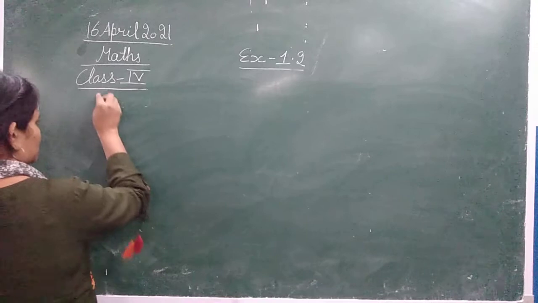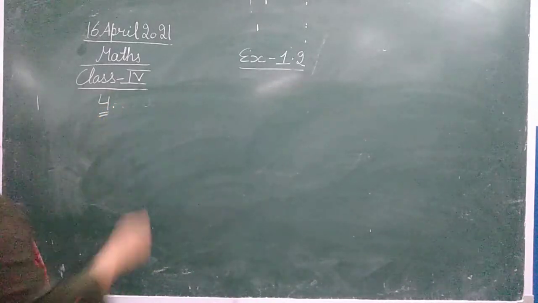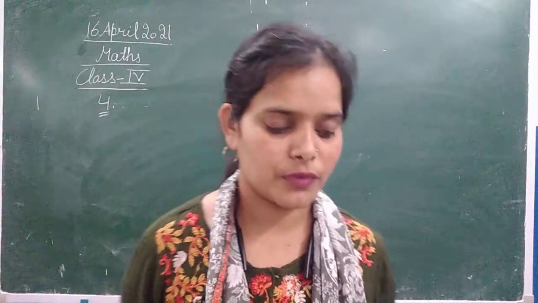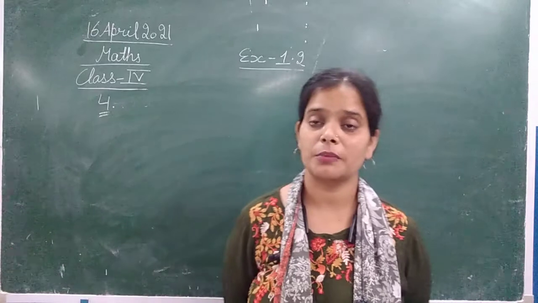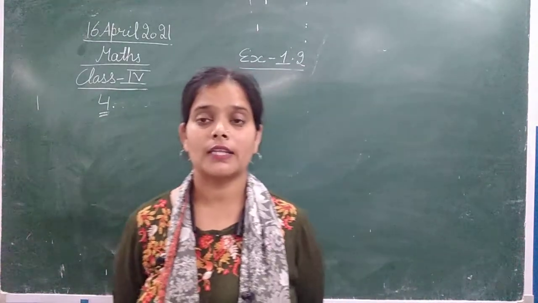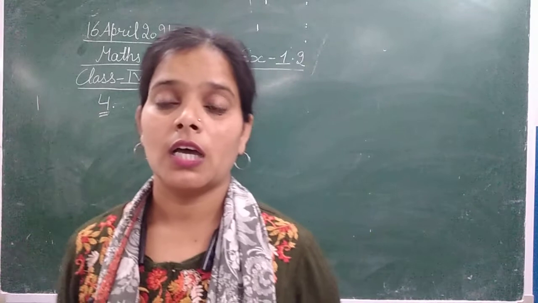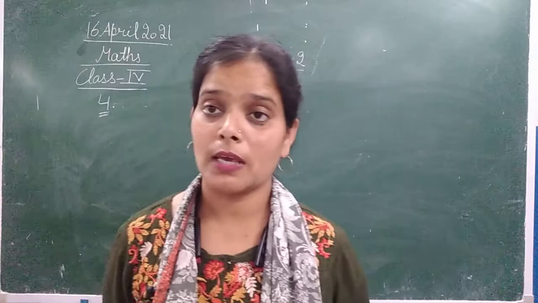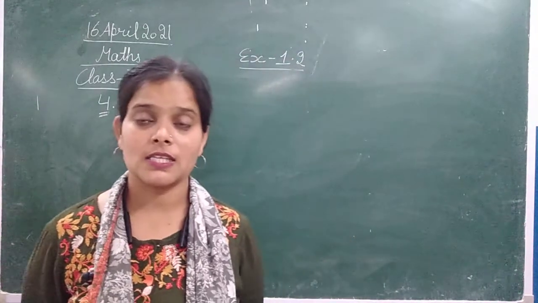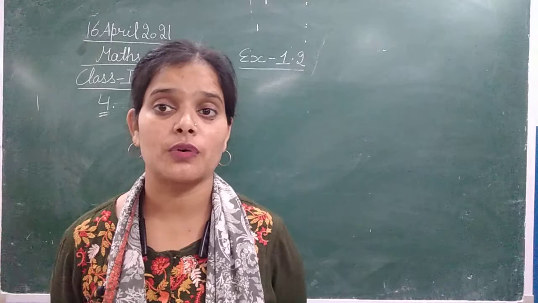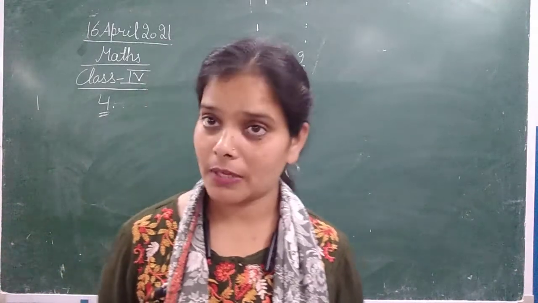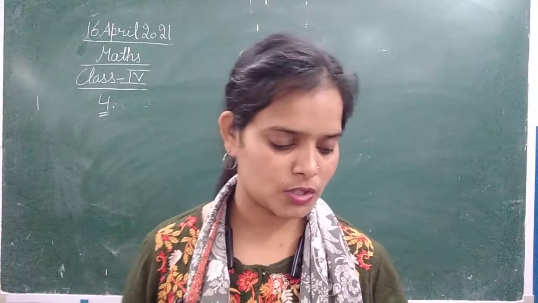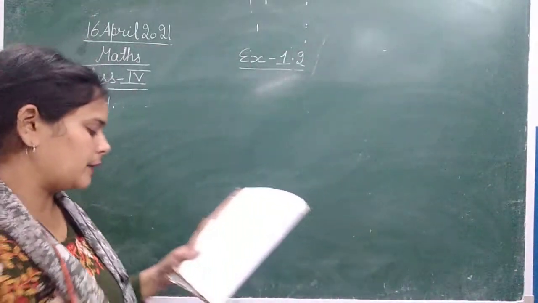Moving next to question number 4. The question is, write the following numbers in figure. In question number 3 that we did yesterday, we wrote the number names for the given numbers, but here the number names are given and we need to write down the numbers. ओके तो यहाँ हमारे पास नंबर नेम्स दिए हुए हैं, हमें उसका नंबर्स लिखने हैं. Clear? Let's begin with question number 4, beginning with the A part.